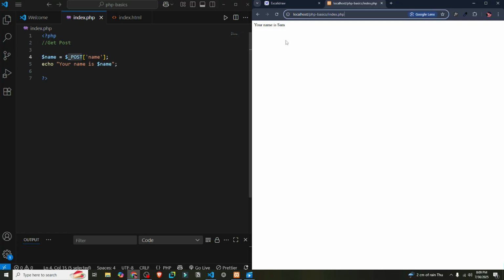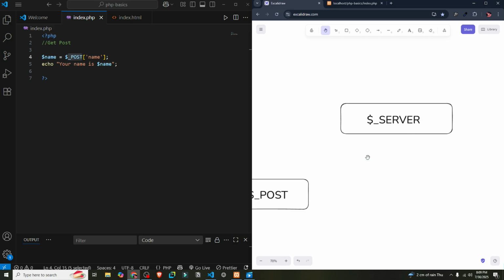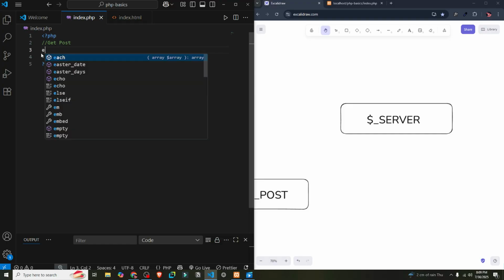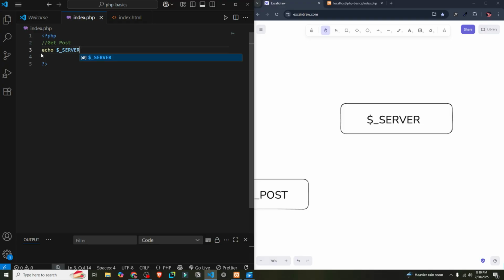Now after the get and post methods, let's talk about another super global, that is server. Server is another powerful super global. It gives you access to the server info, request details, and more. And here are some useful examples. First of all, if we just type out echo $_SERVER, and then inside our square brackets, if we type PHP_SELF and then close it,